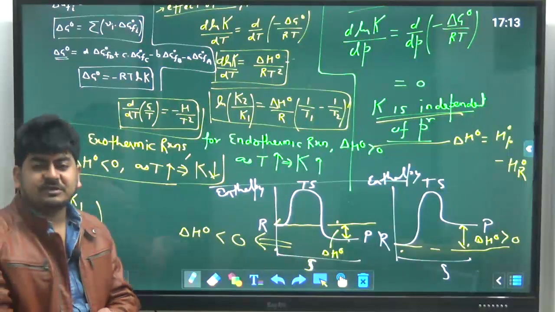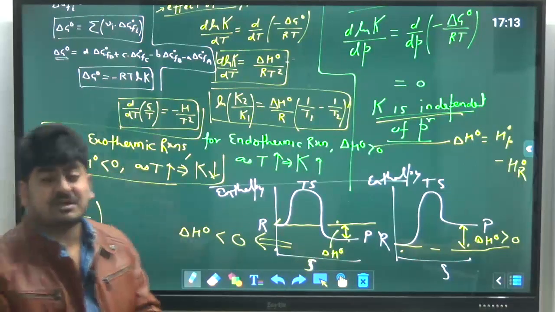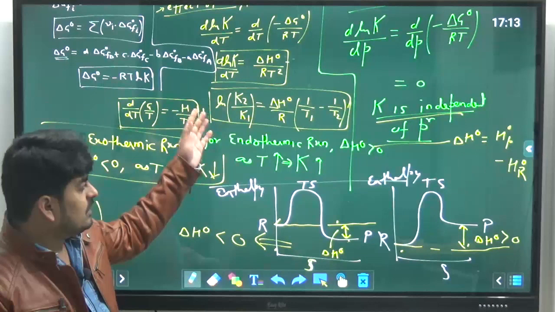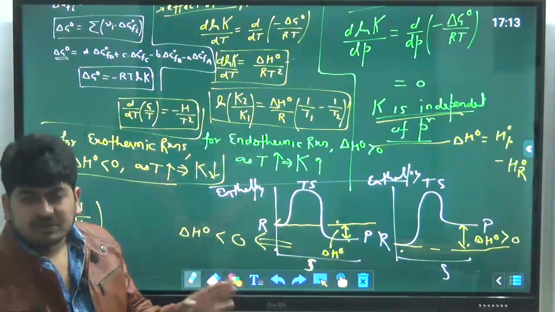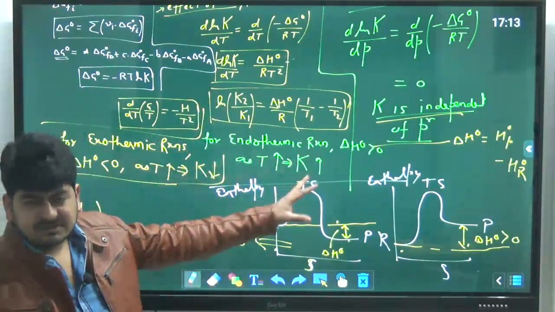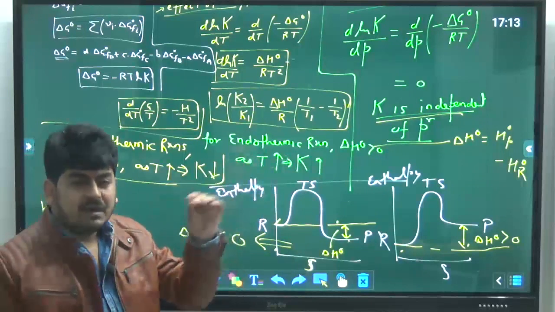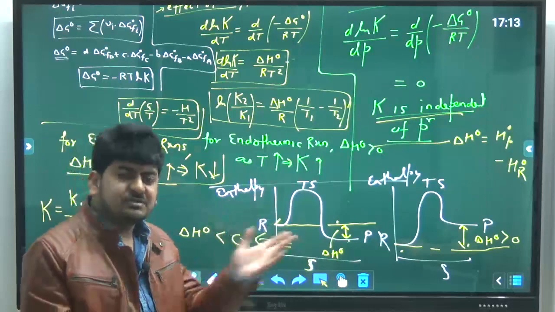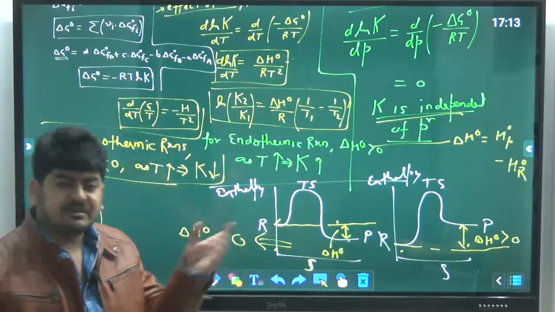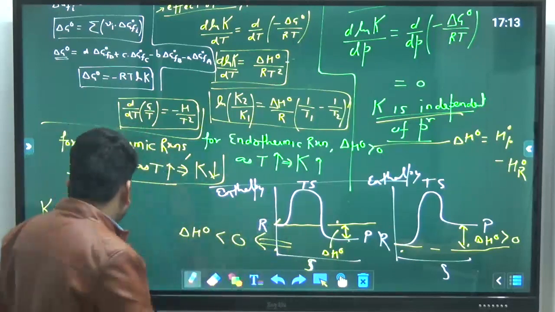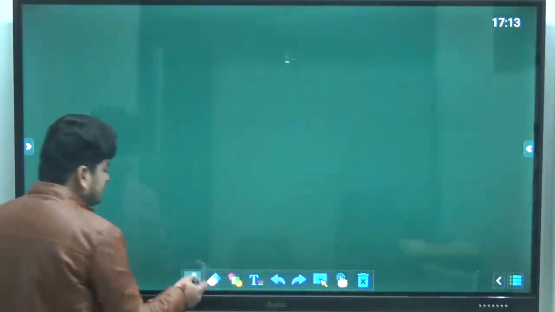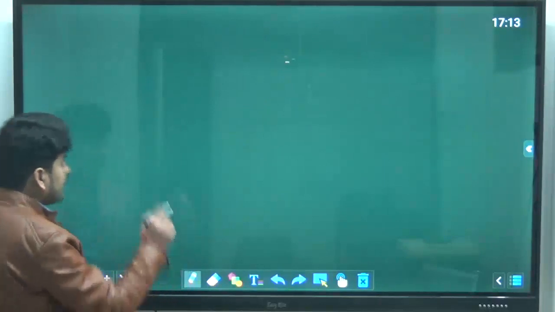There is one more thing, the effect of pressure and temperature, the effect of pressure and inerts on equilibrium. For that I am not doing any calculation, but I am giving you the basic idea of how you can directly understand whether increasing pressure or increasing inerts will change the equilibrium or not. To keep it simple, because we don't have much time to do all that in the class.